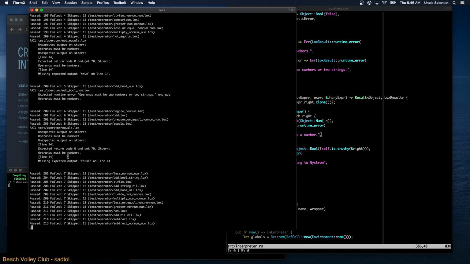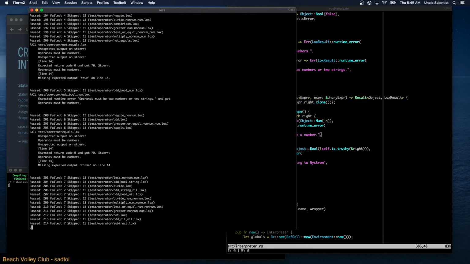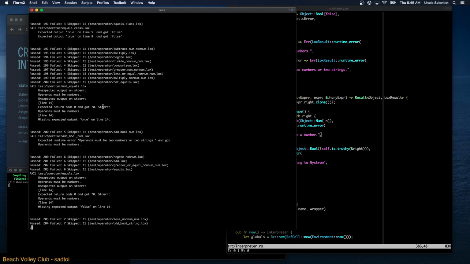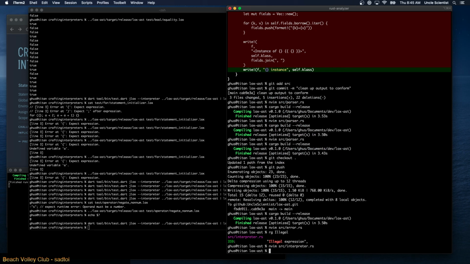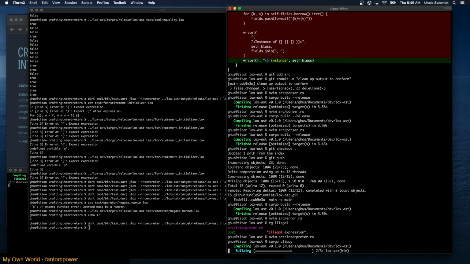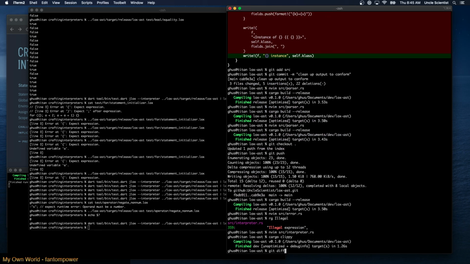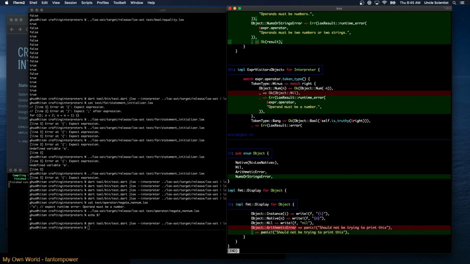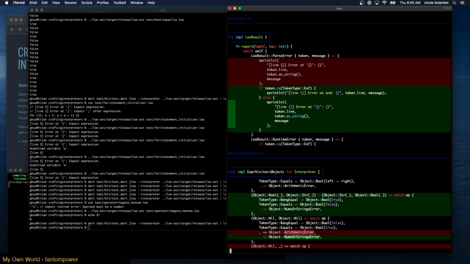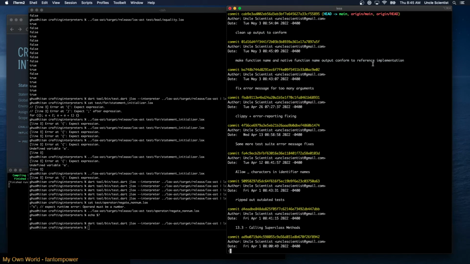This one is another equals thing, so that's going to be painful. All right. So I think we're good. We spent enough time on this, right? Let's check in with Clippy. I don't think I did anything Clippy worthy. Diff. It's a bunch of error cleanup. Errors and operators. Git log. What do I gotta fix that flash. That flash is really annoying. Clean up output to conform.